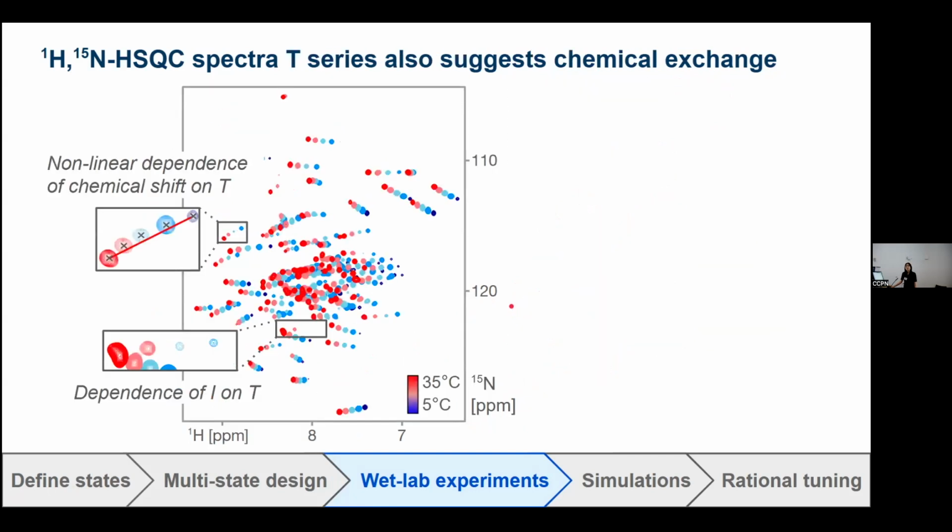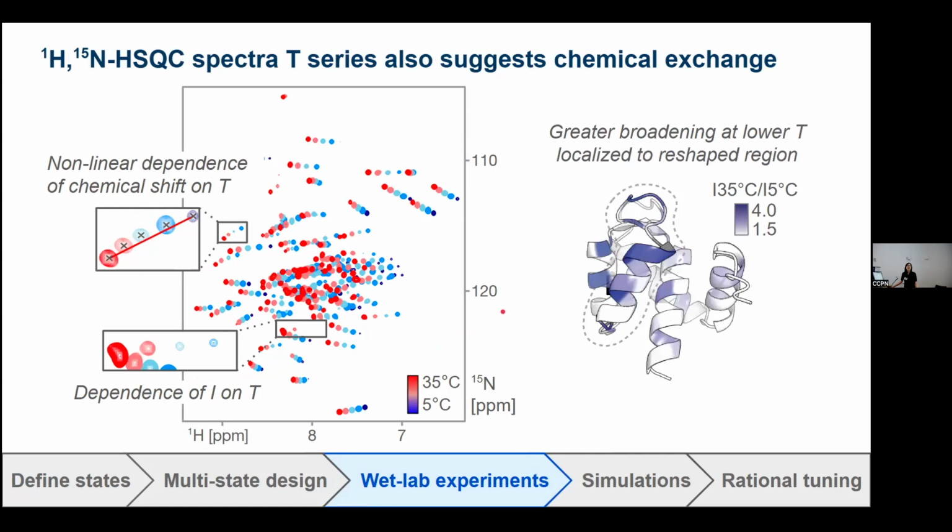And so the next thing we did is we also collected a temperature series for the designs. And as you all are aware, there's usually a linear dependency between temperature and the chemical shift changes, but here we saw systematic deviations from linearity, some curvature, and also heterogeneous dependency of the intensity on temperature, which also suggested that there may be dynamics,